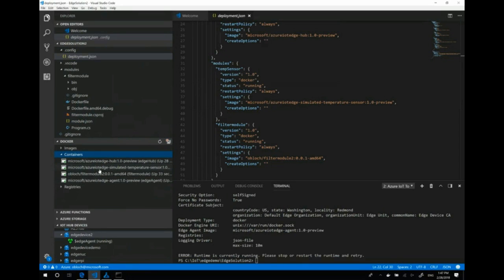also have the simulated temp sensor and my filter module that has just compiled and deployed to a Docker registry, and in my case, because I'm simulating on my device, re-downloaded to my device. All of that with a few command lines and right clicks in VS Code. That was pretty straightforward. One thing that I want to spoil as well a little bit is the notion of